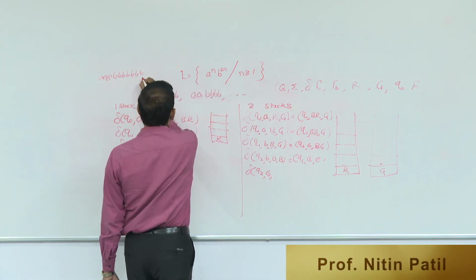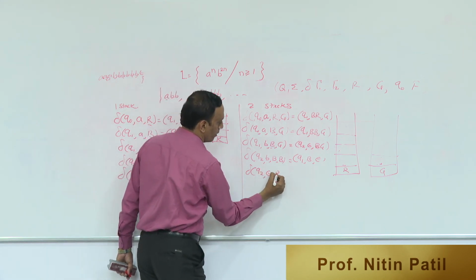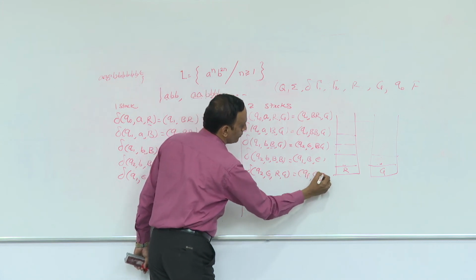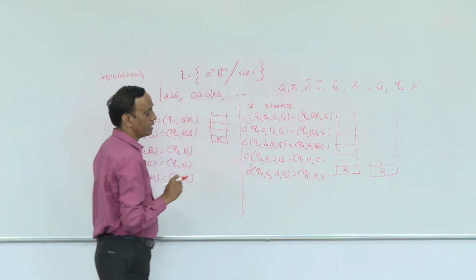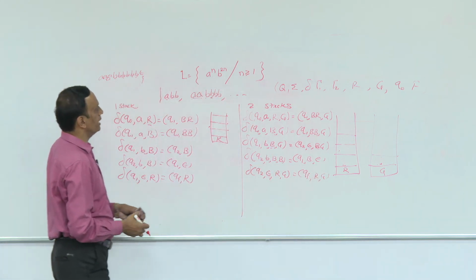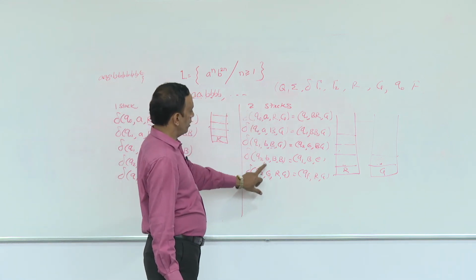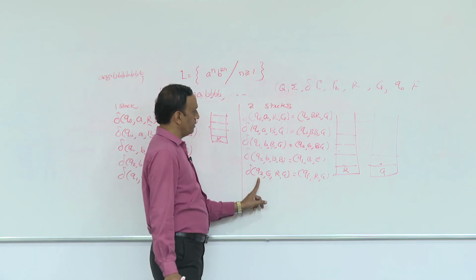And the last scenario would be Q2 with nothing on the stack. We have R and G towards the end. So it will enter into QF, with R and G, without making any change in the stack. That's how you can see that every string which is accepted here is going to work with all of these cases ultimately. Now the only thing is that I have written Q2 here.